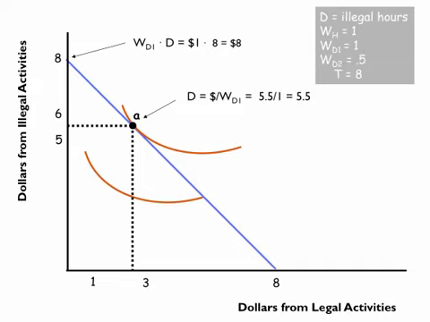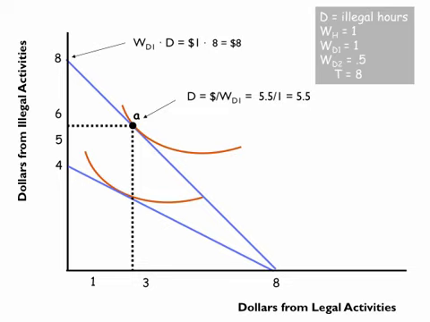Now let's say that we're going to charge this person 0.5. We're going to increase crime prevention, and that's going to make it more difficult for this person to get away with illegal activities. In essence, we're making the wage that comes from illegal activities lower, because he has to work harder to get the same amount of money he was making before. So we essentially cut it by half. Now if the person spends 8 hours working on illegal activities, he's only going to make $4, because his wage is cut by half. He gets 50 cents on every dollar he works.